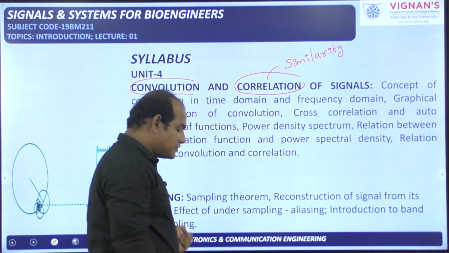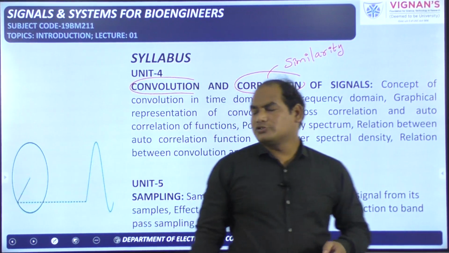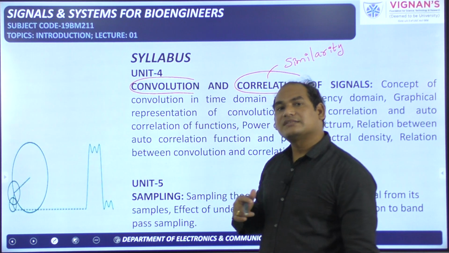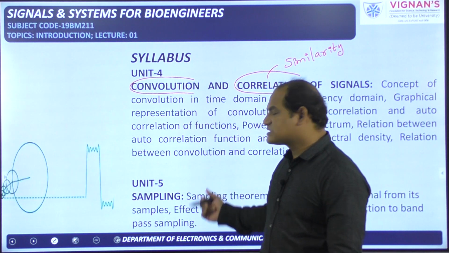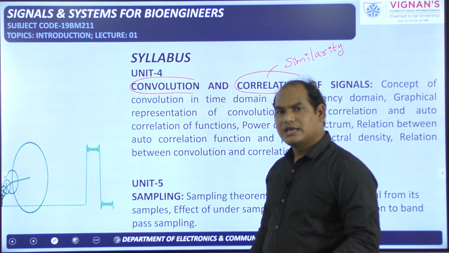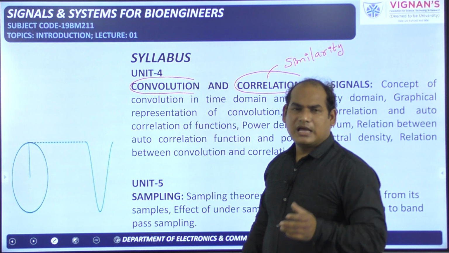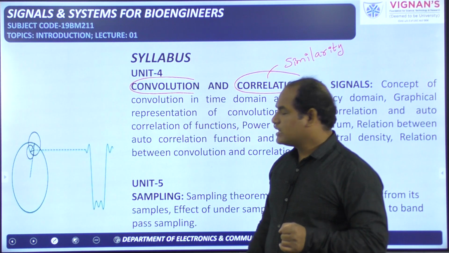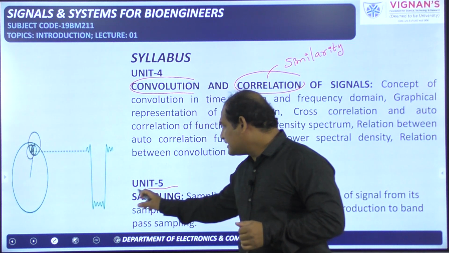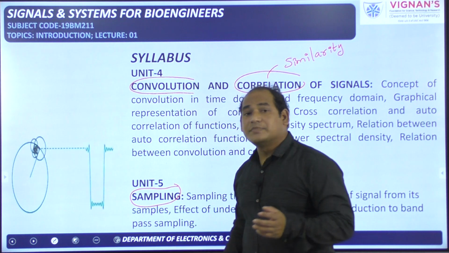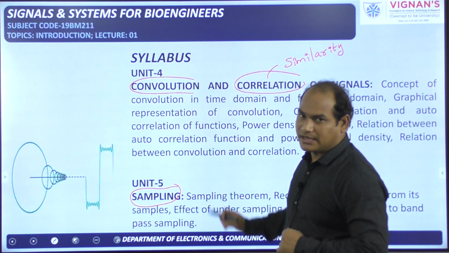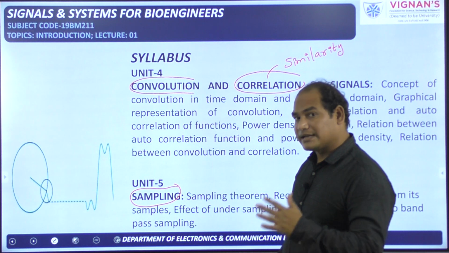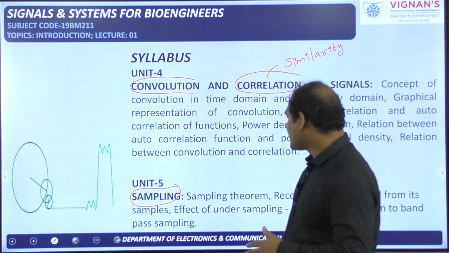In the fifth unit we will talk about sampling. Simply put, in order to generate a discrete time signal we can use sampling. Sampling is the process by which we convert a continuous time signal into a discrete time signal. How to apply sampling, based upon the sampling theorem, we will see here. Ideal sampling will be there, and flat top sampling. In case of practical sampling, flat top sampling is used. All those things we will see.